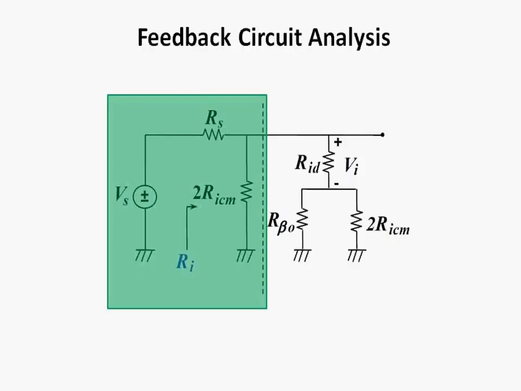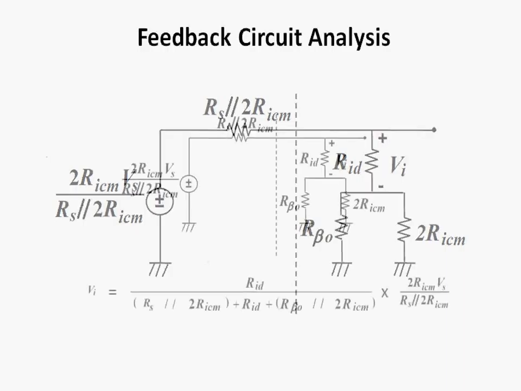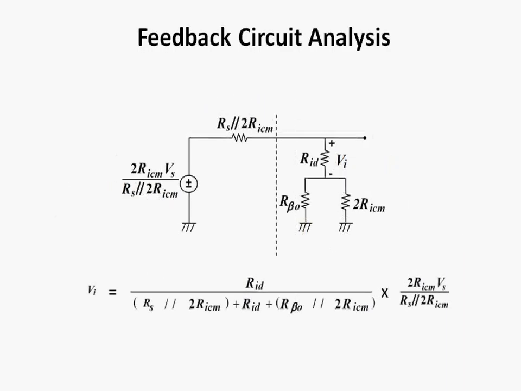To get the Thevenin's equivalent source, we simply apply the voltage divider rule. To get the equivalent resistance, first short the voltage source Vs, and by visual inspection we can get the equivalent resistance. From the new circuit, we can apply the voltage divider rule to obtain the equation of Vin. With some manipulation, we have successfully derived the equations of Vin over Vs based on the input side of the